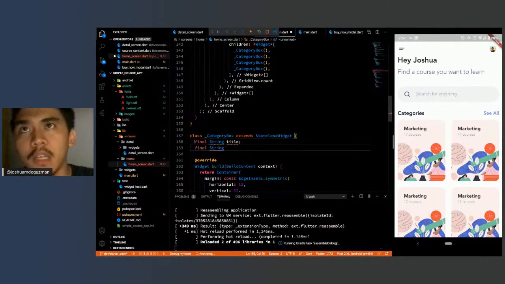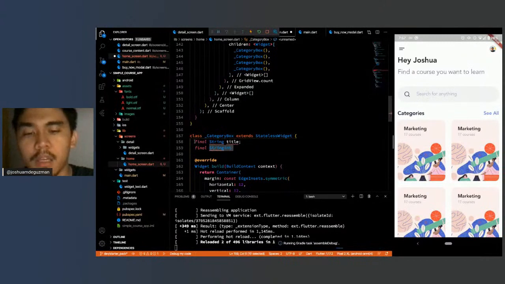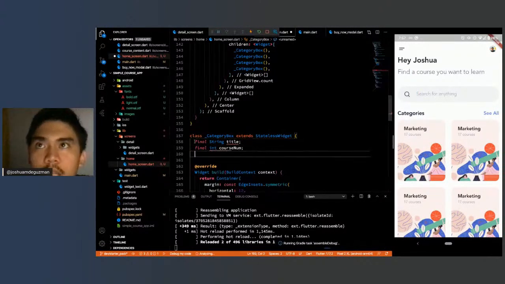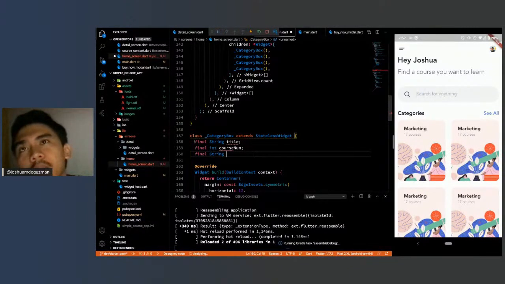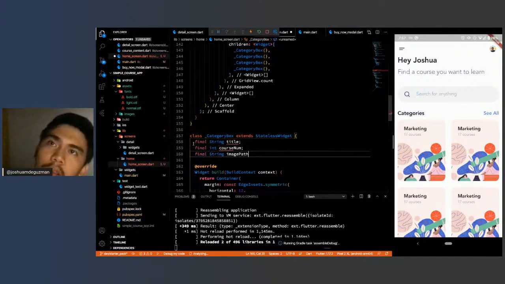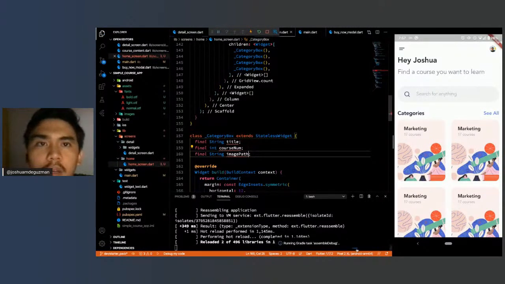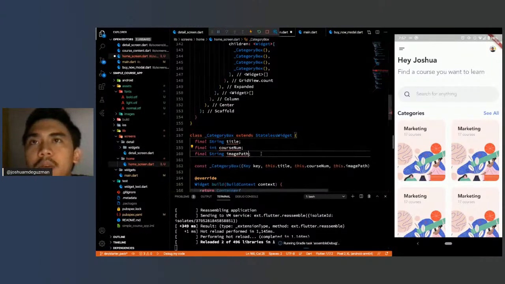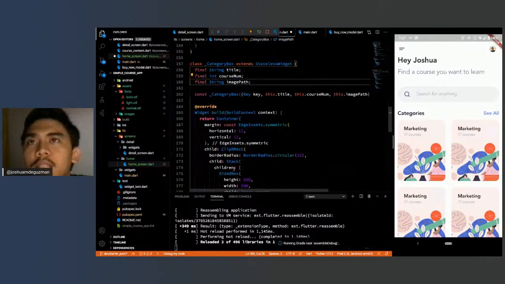String, int courses num, so that's the number of courses, and the background image path. That's how I would create the widget. Create constructors, final fields. So here we would now start assigning the variables.